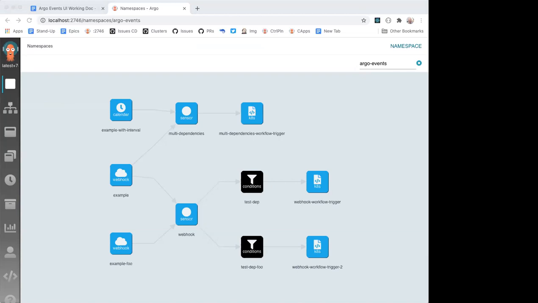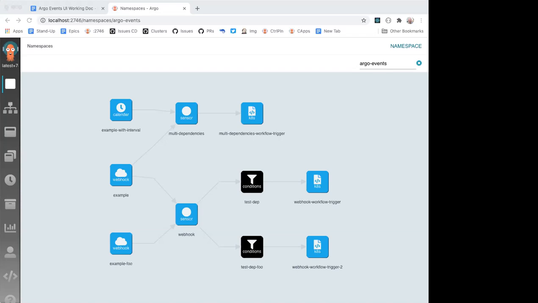One quick question, maybe. So you have conditions over here, and I'm guessing that if users were to provide complex conditions, things like test step and test step foo, will that be displayed once you hover over the conditions? What I'm getting at is showing which condition has succeeded and which has not, in terms of what events you have gotten at this point. Are we going to show that at the conditions level or at the trigger level?